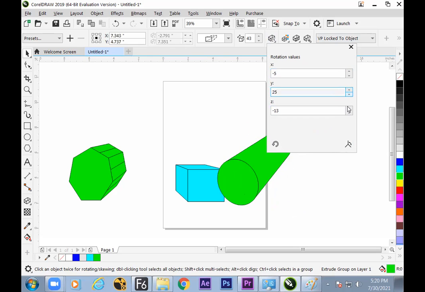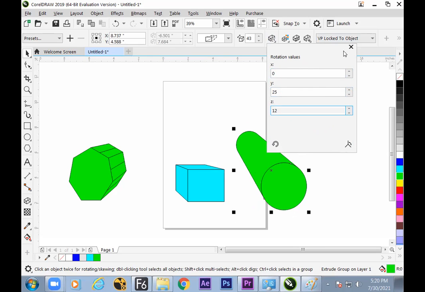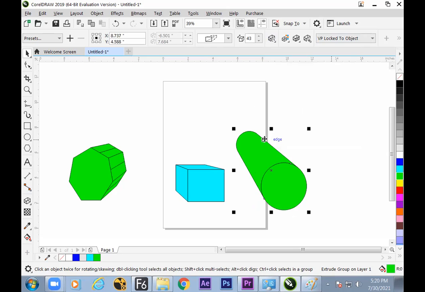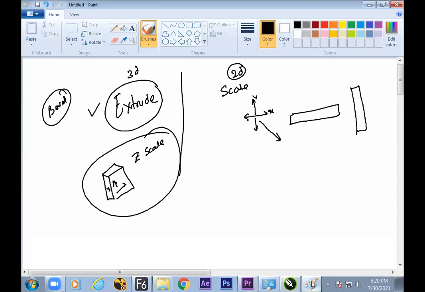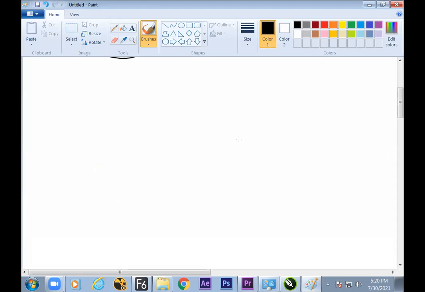Here you can change X, Y, and Z. Now the question comes up, whenever you are rotating something in a 3D environment, what is X, what is Y, and what is Z? That is the question to get answered. X, Y, Z is a coordinate system. Let me catch your eye by taking the paint. X. If you are rotating something in X coordinate, the object will rotate up to down. Up to down. My tablet is not working, so I'm just scribbling.